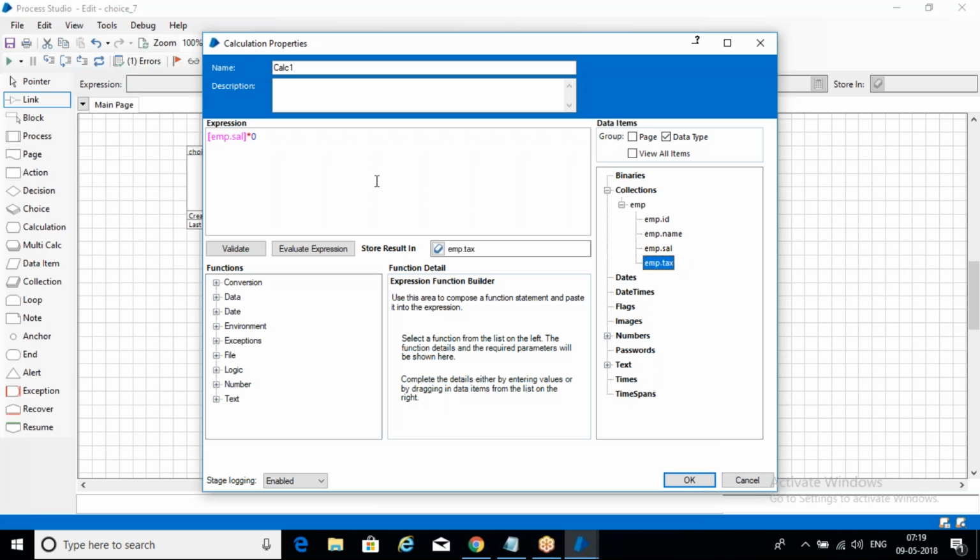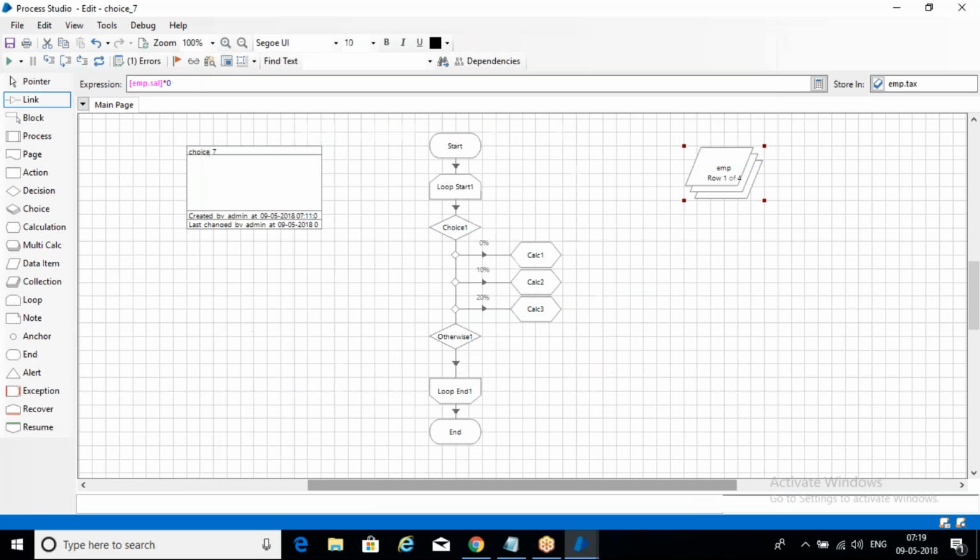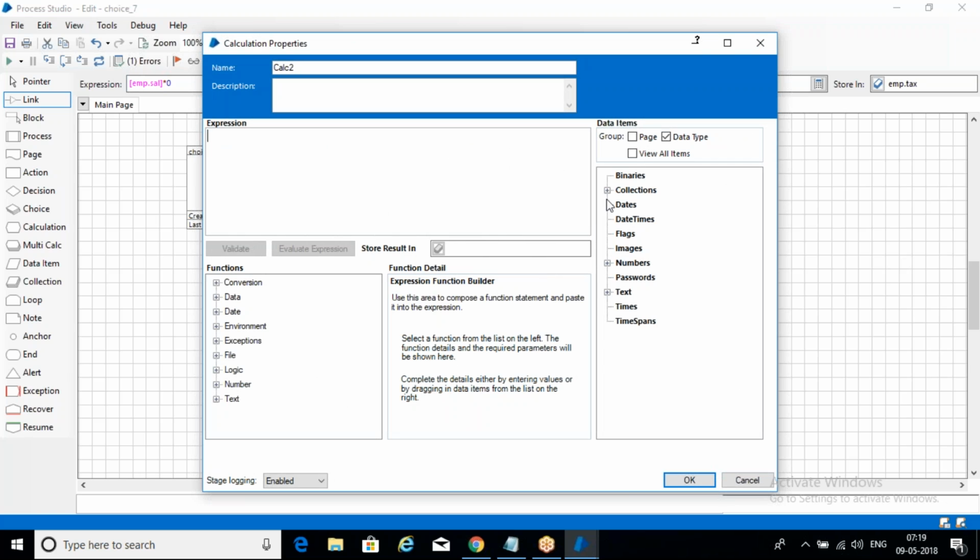We need to store this result in tax for the first one. So what it will do, loop, record by record it will process, right? When it is coming record by record, for that record it will calculate a tax, and then it will load the value into that specific collection. Salary into again